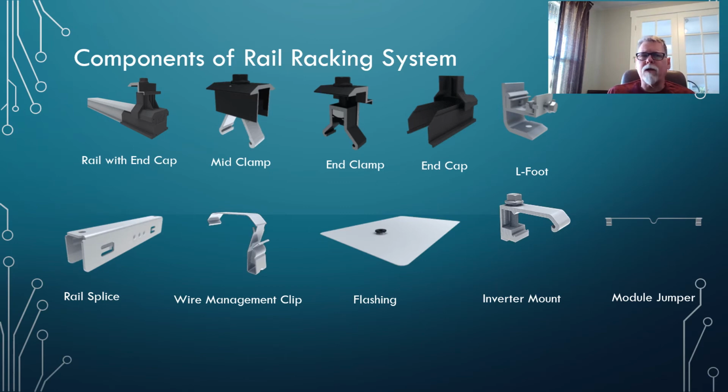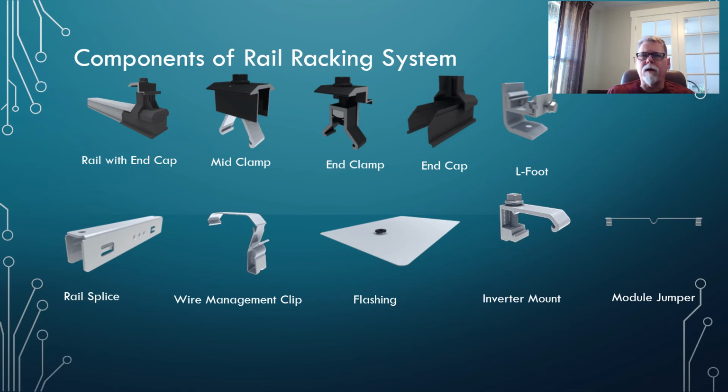Your wire management clip hooks over the rail and is supposed to be a system that allows wires to be secured and not dangle onto the roof. Your flashing, there are different sizes of flashing. You can see it's got a little nipple that sits up. That's what the L-foot is screwed into, and then that's directly screwed down into the roof to support the rail